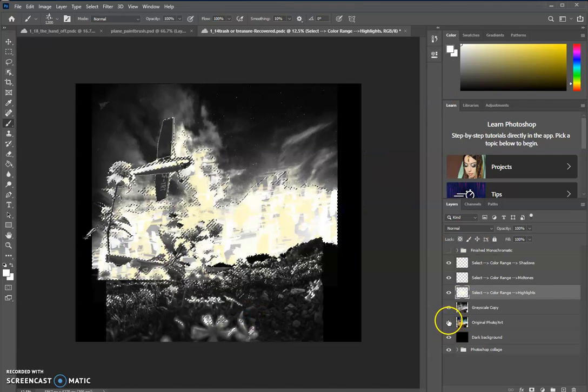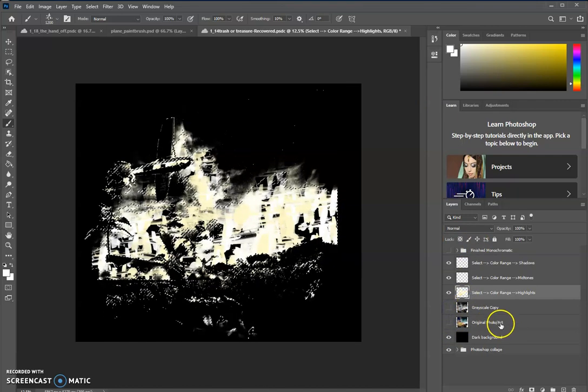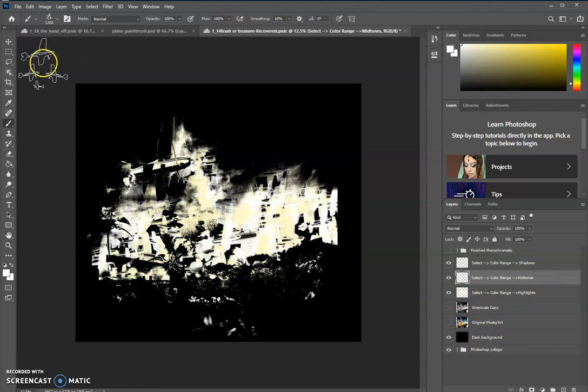Alright, so if I hide my photo layer, now you can start to see that the image is already building. This is just my highlight layer and my black background. Next I'm going to go to my midtone layer, and for this first one we're going to be creating a monochromatic color scheme, which means shades of one color. So since I have a yellowish in my color picker already, for this next one,